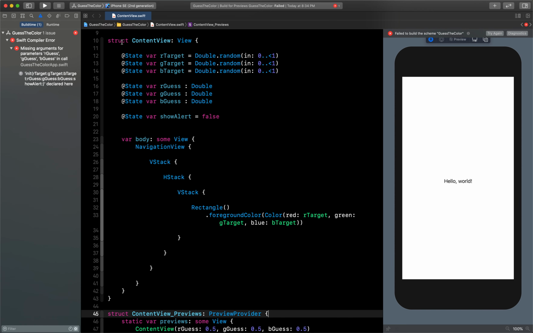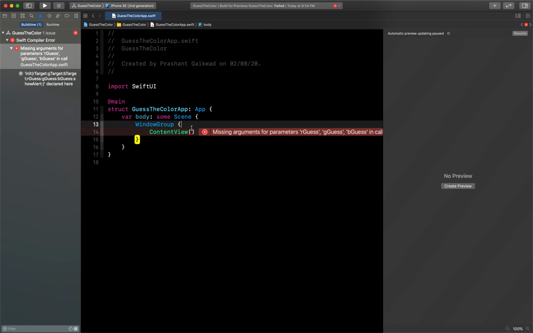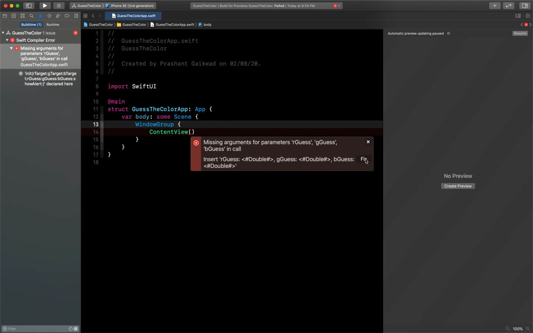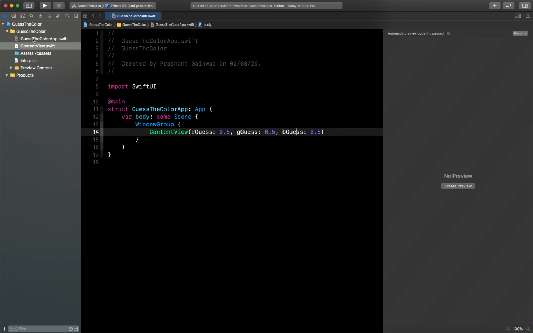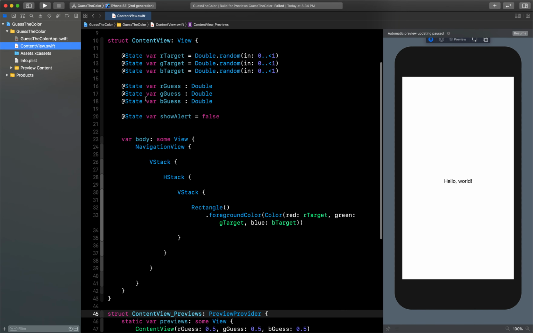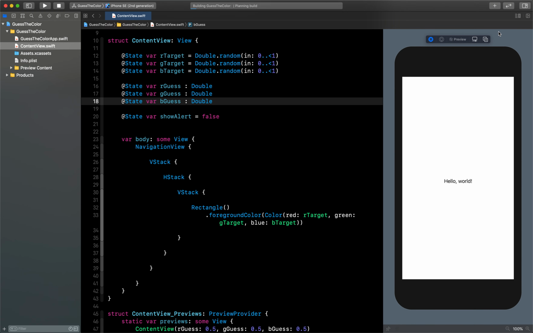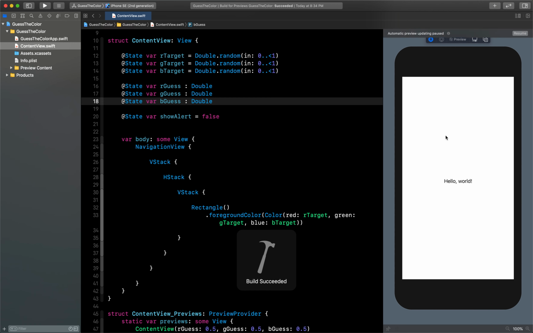Okay, let me just check this missing argument. Okay, so we need to provide the properties here also. So this is the new Swift version, which is second version, where we need to fix here also. Let's pass the values here also. I will pass the same values here. So actually this error was here, which is our main file instead of the app delegate. That file is there. So let's try again now. Okay, now it is working fine.